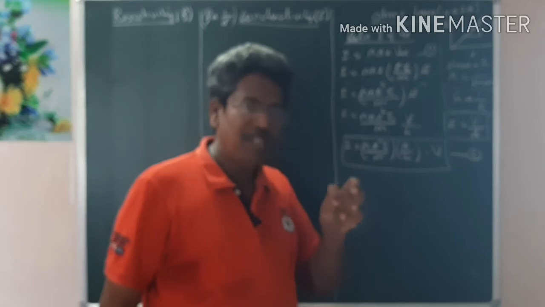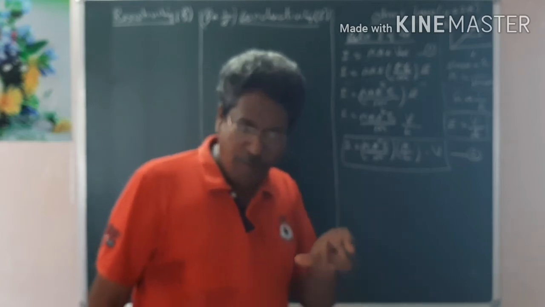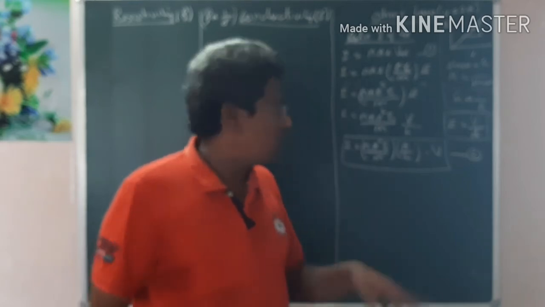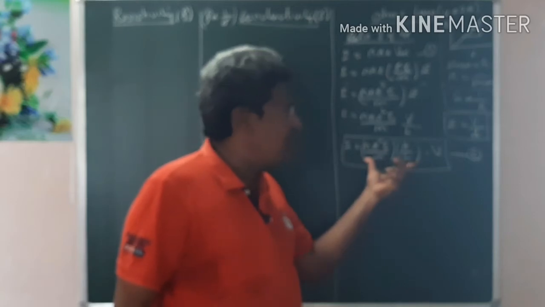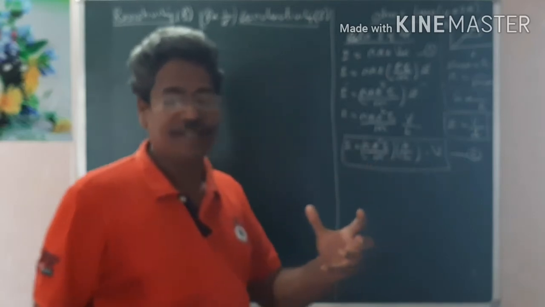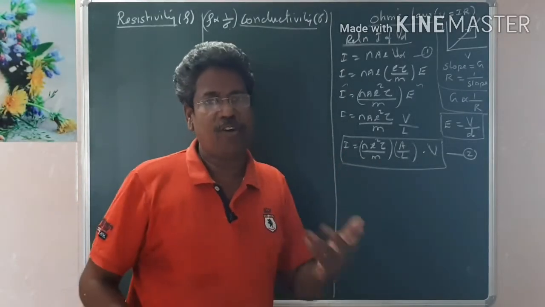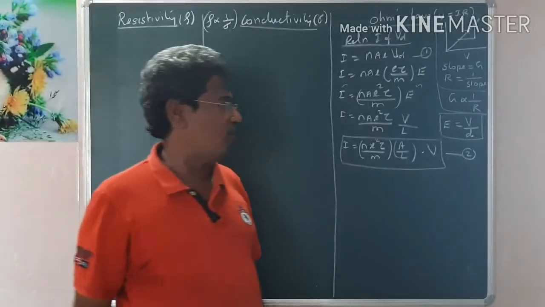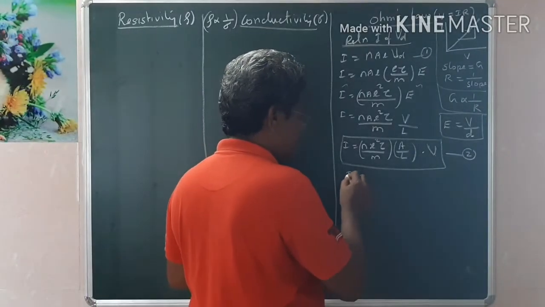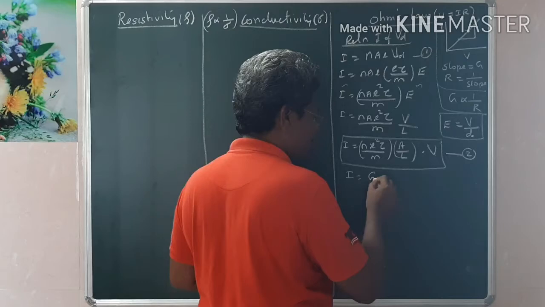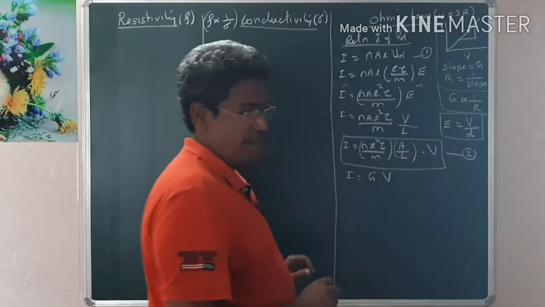Any current is nothing but flow of charge. Any flow of charge is nothing but conductance. Therefore I can relate it to this term, we can call it conductance, because the current will depend on conductance. If there is a conductance, there will be current flow. No conductance, no current flow. Therefore we can say that this is I, and this term could be taken as G. Therefore I is G into the potential difference V between the two plates.